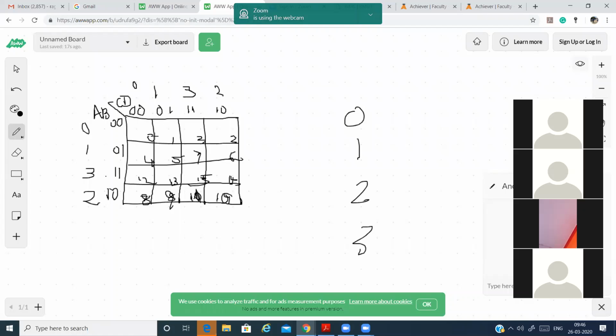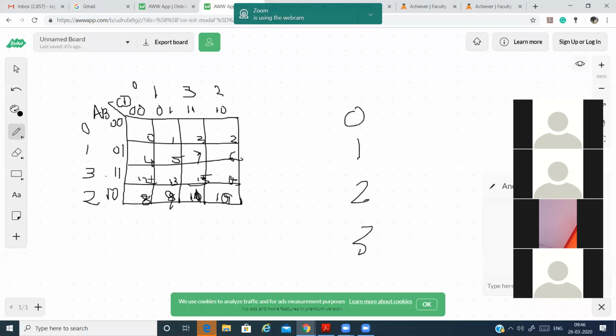After that, we have to number. Starting from 0, 1. We cannot put 2 here because the value is 3, so the next value should start with 2 only. So that's why we go with 2, and again we come back to 3. Next row: 4, 5. I cannot write the next number here because this is the last number, so I'll go here: 6, I'll come back again, 7.